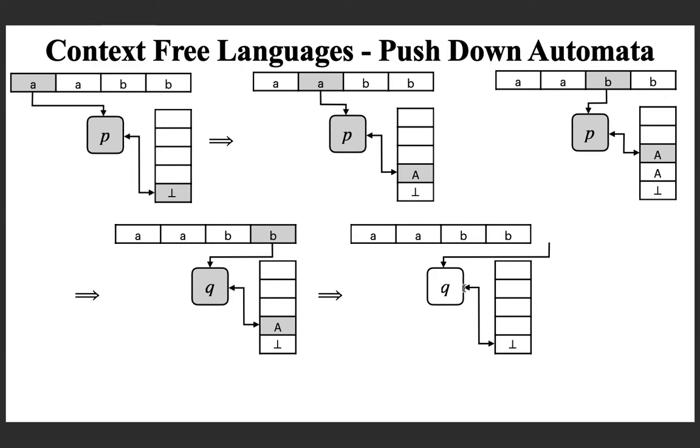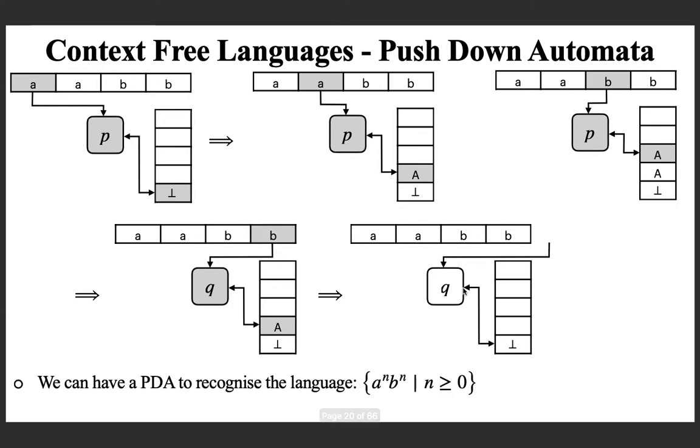When we discuss it, we can see exactly how you can design a machine. And you can see that this machine is actually accepting this language, the set of all a's and b's such that n number of a's followed by n number of b's, for any value of n. Okay, and if you recall, this was one example language which is not regular, and that gives us proof that context-free languages are more powerful than regular languages, because here is a particular language which is non-regular but it is context-free.